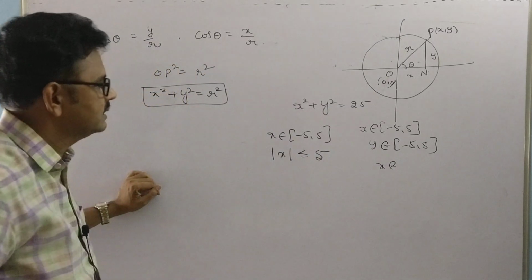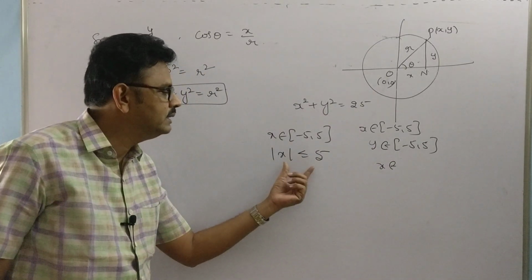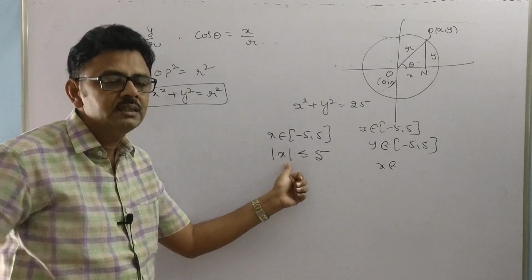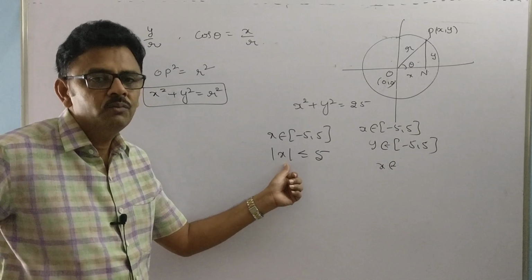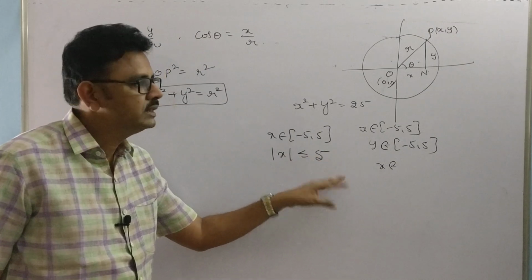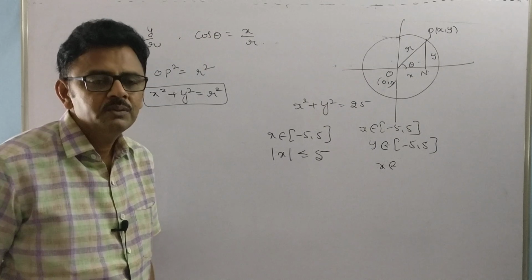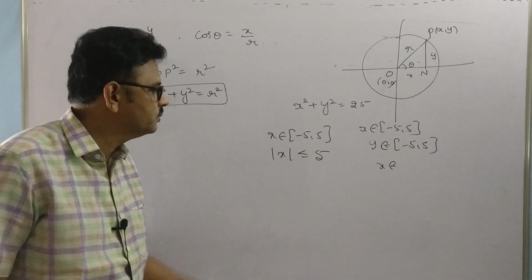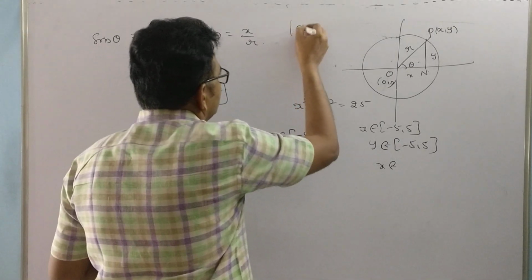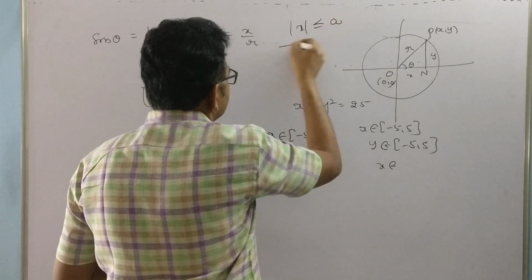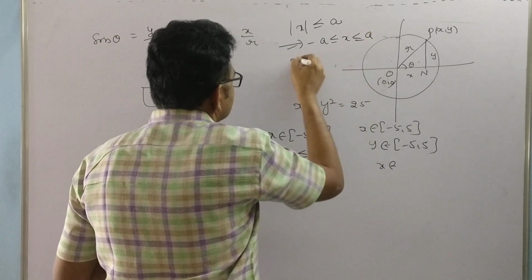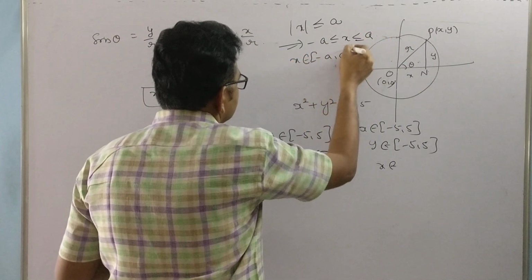So in the beginning classes, I have to explain each and everything of mod x. The algebraic identities play a vital role in total mathematics. Once you recollect all the points, if not, once you see the beginning videos, that means video number 1, 2, 3 and so on, once you go through all these things, then we have full clarity about mod x. Mod x less than or equal to a implies what? Minus a less than or equal to x less than or equal to a. That is, x values lie between minus a and a.